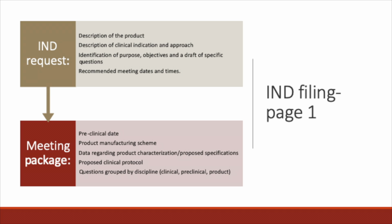One of the first steps is filing an IND, and the goal here is to say, hey, we have a new white powder to use for patients. And we don't know what it's going to do yet, but that's the whole process of the clinical development and getting it done. There's a lot of things that need to be done for the FDA, including lots of paperwork